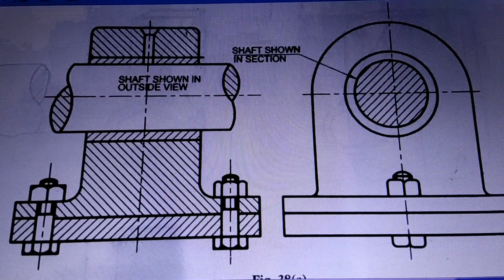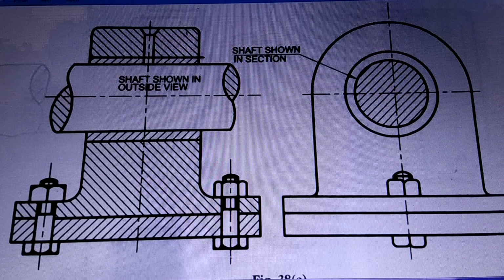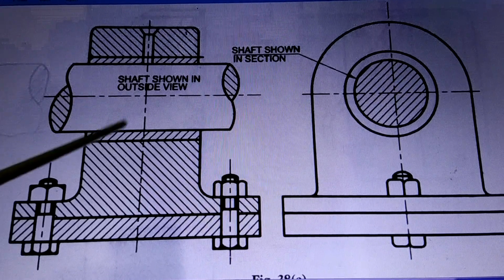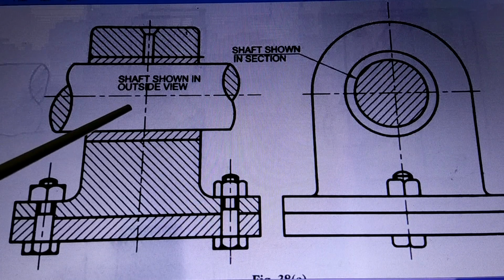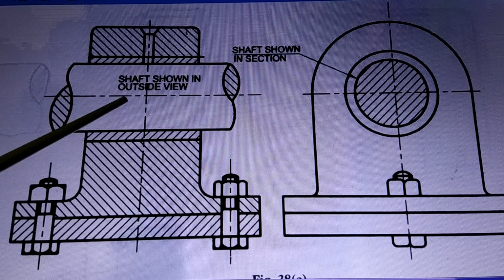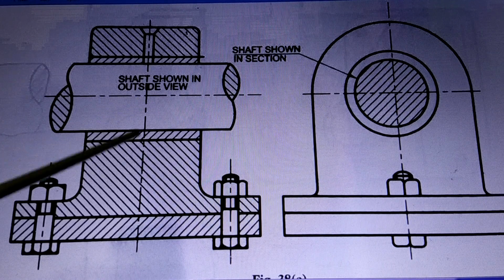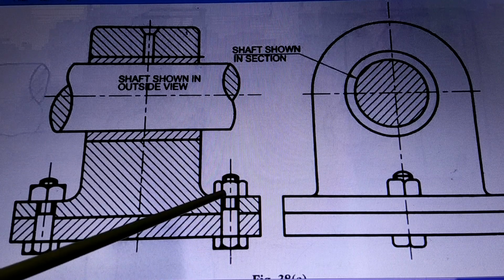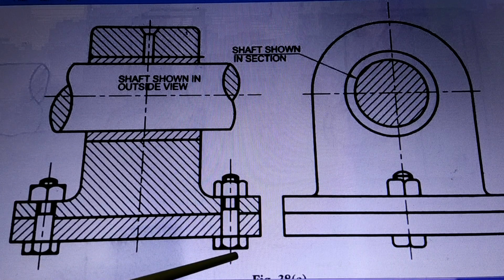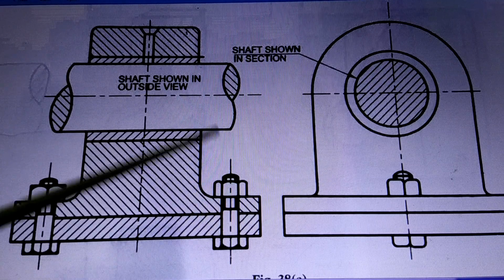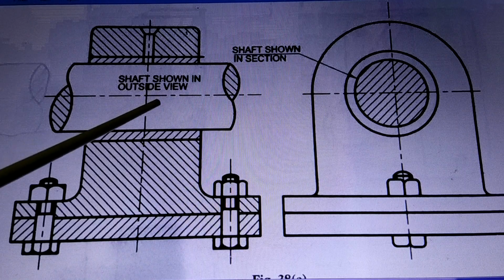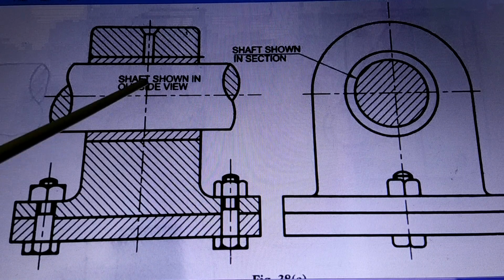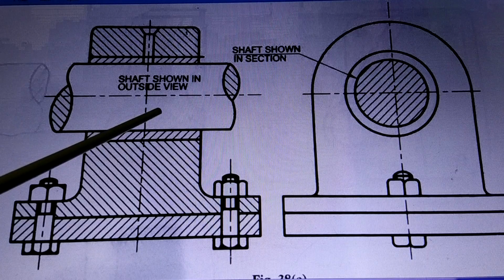Now here again the rule says that if you are cutting standard objects, like a bolt is a standard object, a solid rod or shaft is a standard object, and there is nothing else inside to be shown, then by taking a section you are not showing anything great. In the shaft there is nothing inside. Even by cutting the bolt you are not showing any details inside, because there is nothing inside the bolt. So such standard parts, although they are cut, are not to be shown in section. They are to be shown just as they are, as if they are not cut.